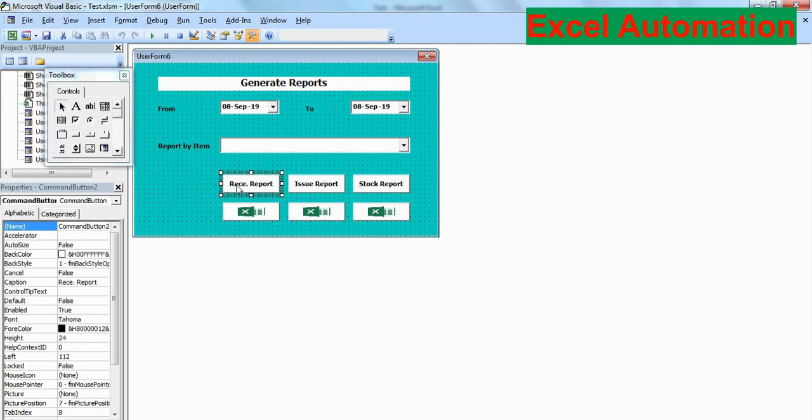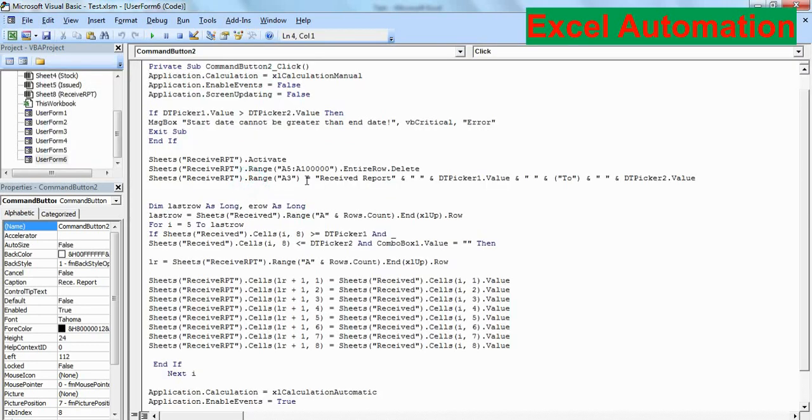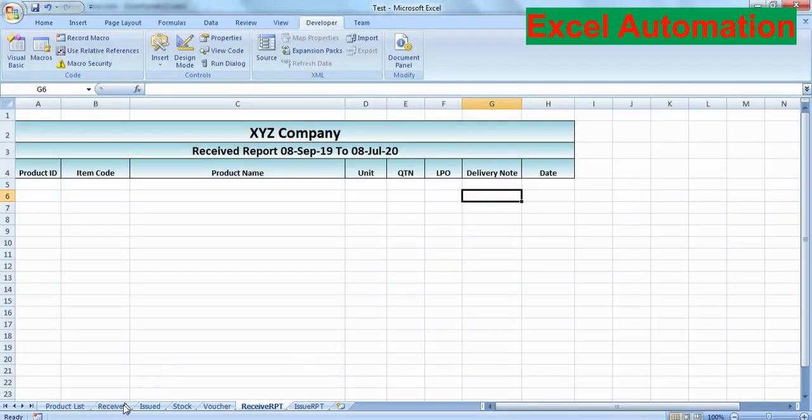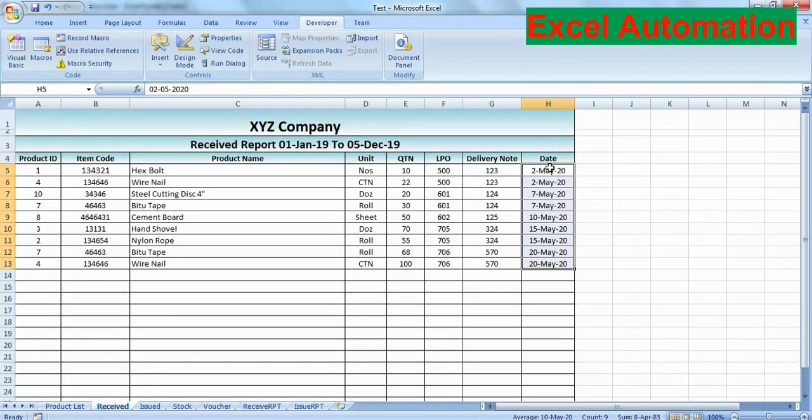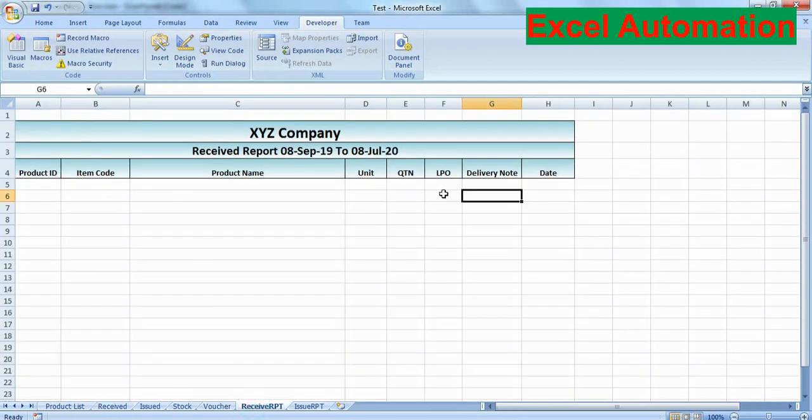So I will double click this button, and as you can see, this was the coding which we used. Here we will change that after setting one condition. This was the condition where we mentioned that if the DT picker 1 and DT picker 2 is greater than or equal to this column, which is the date column, then give us the report in this sheet, whatever the products are.